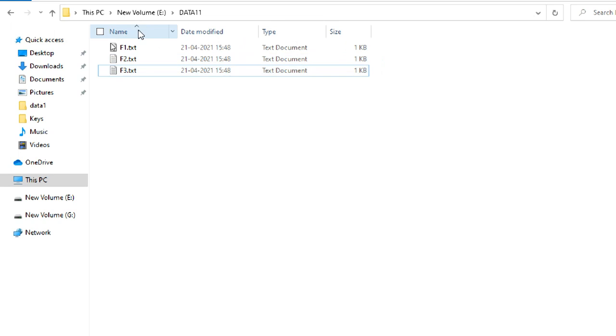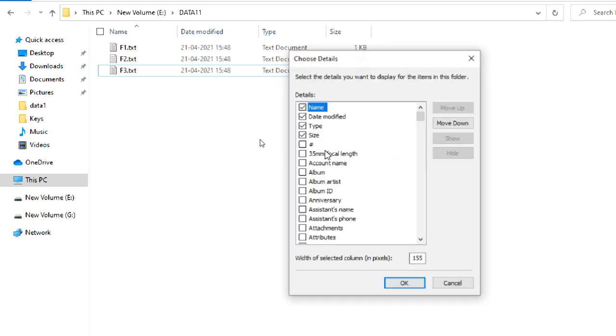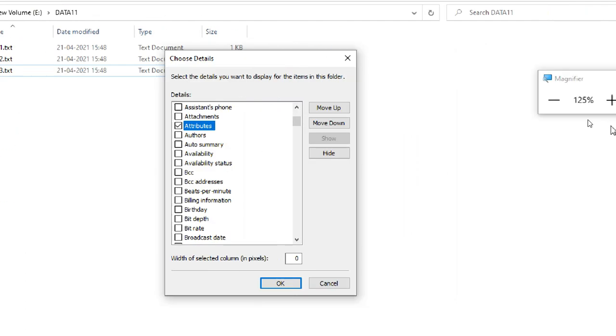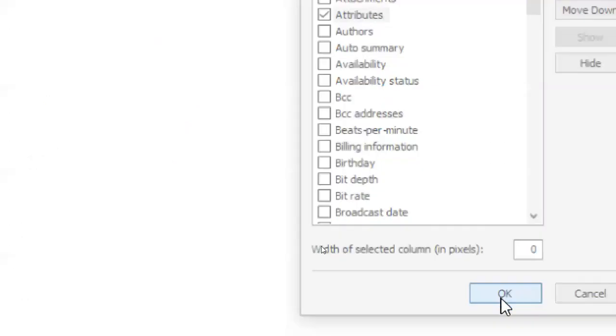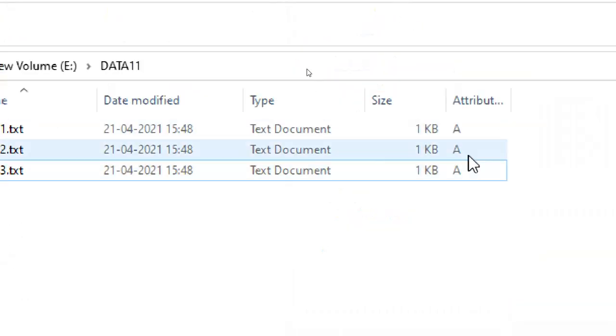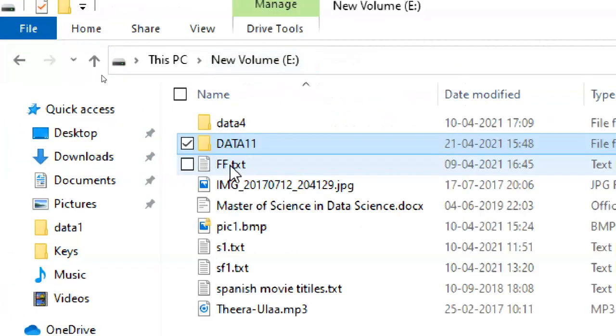You can see name, date modified, type, size in the same line. Right click, More, and you can find attributes. Select attributes, click OK. Now you can see the archive attributes. So these are the files in data one.